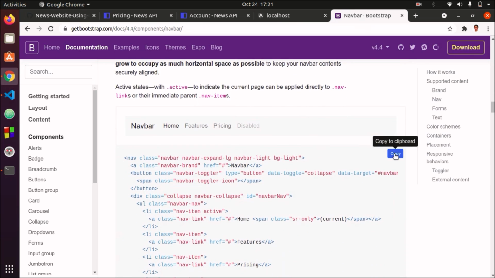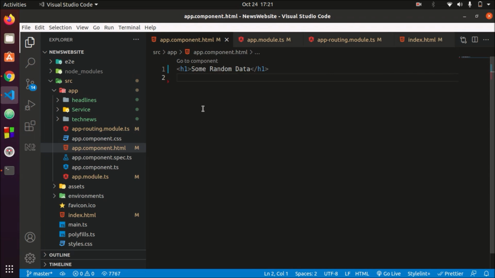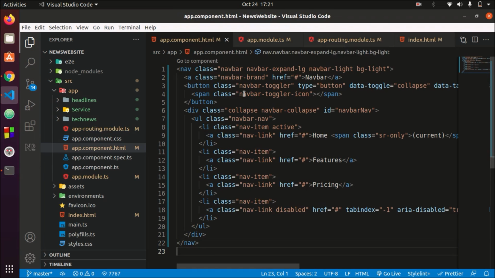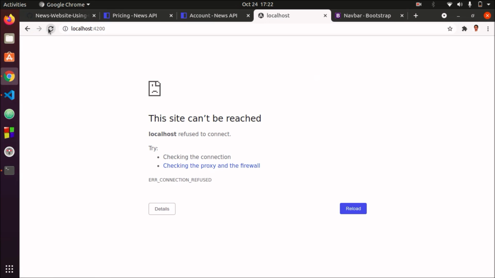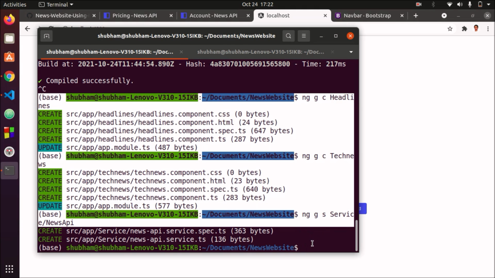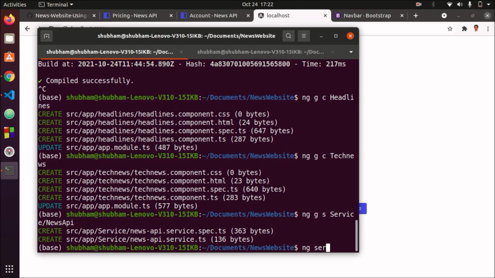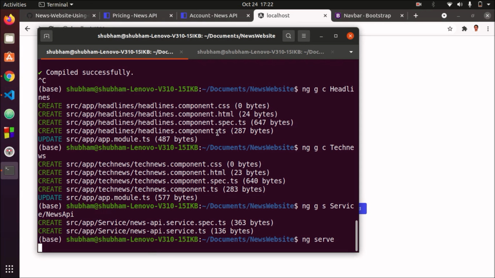So this is what I wanted to copy. So let's copy it and remove this section and paste it, and see the output. It will also help us. Okay, I am not getting the output because I haven't run the project. So let's run it, and I hope I will get the output by the time it compiles and runs.